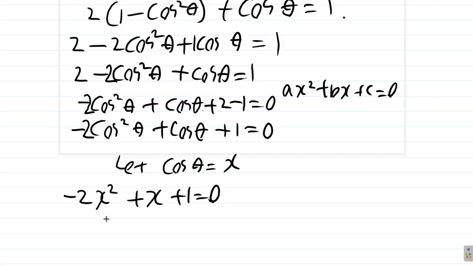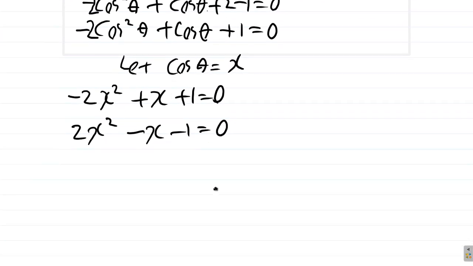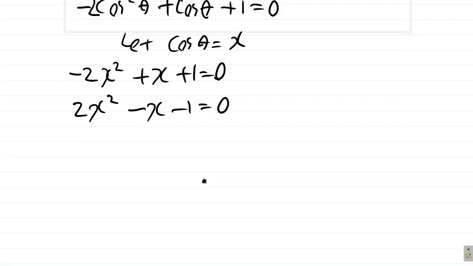Let us change the first part to negative. So multiply it through by a negative 1, and you get 2x squared minus x minus 1 equals 0. You don't necessarily have to do that, but I personally find it less confusing when I have the x squared part positive. Alright,